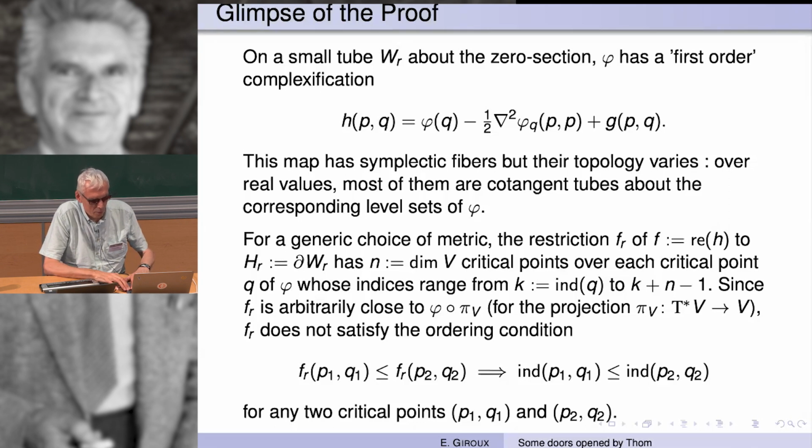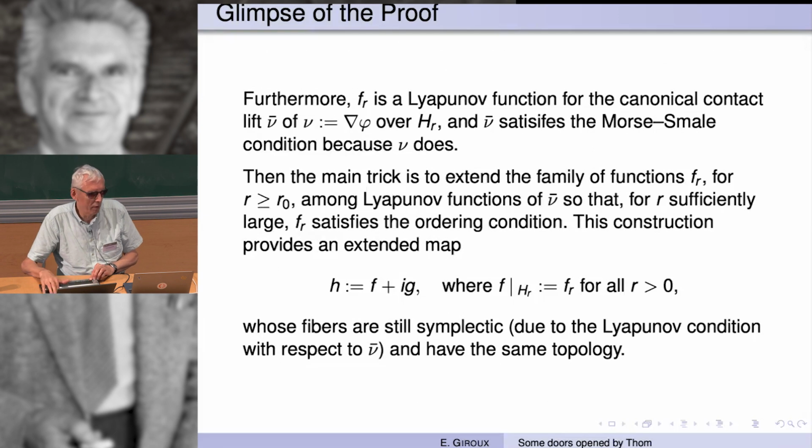So what can we do? Because what we want is really to have symplectic fibers, but we want the fibers to all have the same topology. And what you just have to do is actually to reorder the function you have. But before that, you observe that this function you have, f_r,